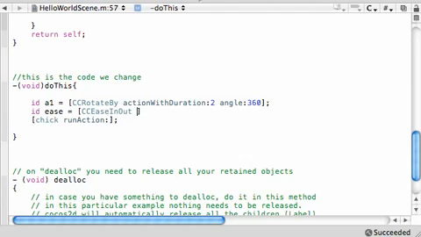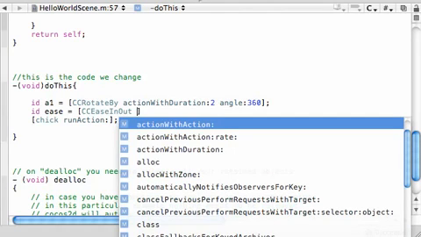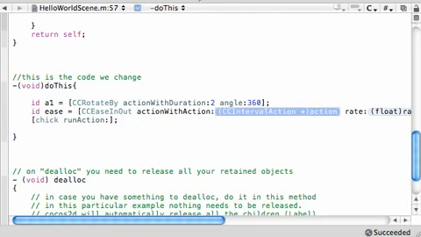So, what we need to do for this is, let's see, right here, action with action and rate. The action with action is what action you want to ease in, and the rate is, for example, if this was a car action driving from 0 to 65 and then back down to 0, if you put a rate of 2, maybe, actually, let's go ahead and put a rate of 3. Well, forget everything I said in the last 20 seconds. Check this out. If you gave it a rate of 1, it would,